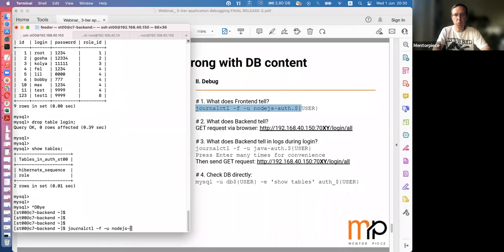So again, we know its name. We know the name of the application, so we want to read its log files in a real-time